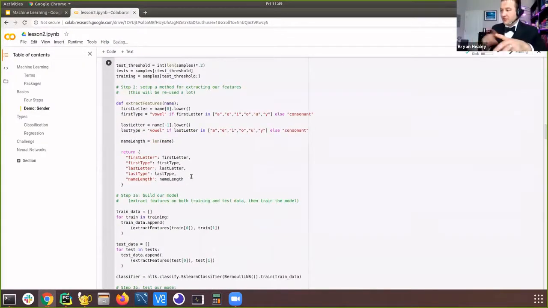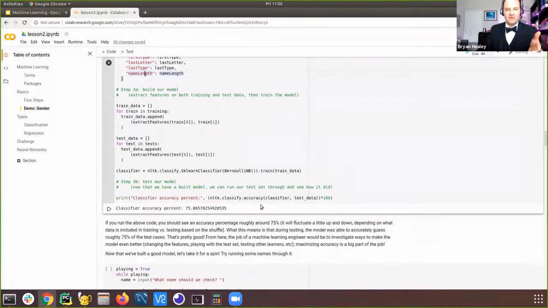Each one of those samples, both training and testing, is going to go through feature extraction, which means all the engineered features that I came up with. In this example, I'm going to grab the first letter of every name, the first type, whether it's a vowel or consonant, the last letter of every name, the last type, and the length. That's it, five features. And we're going to just say, does there seem to be any statistical significance in these features? Do they seem to have any proving value? When I run this against roughly 50,000 names, I've carved out 20% of that, so roughly 10,000 names as testing, it gets about 75% of them correct.